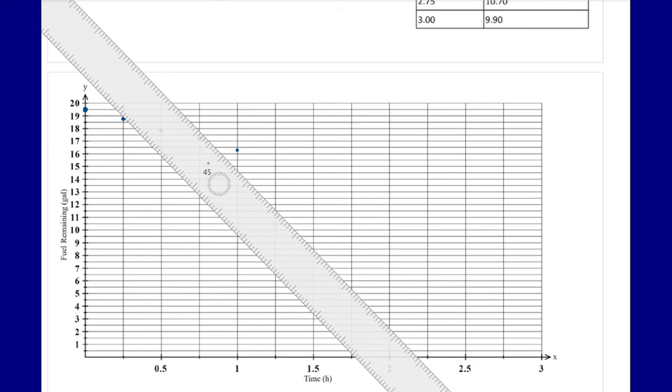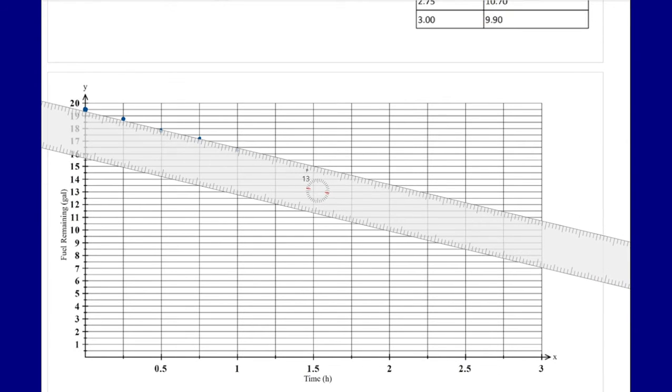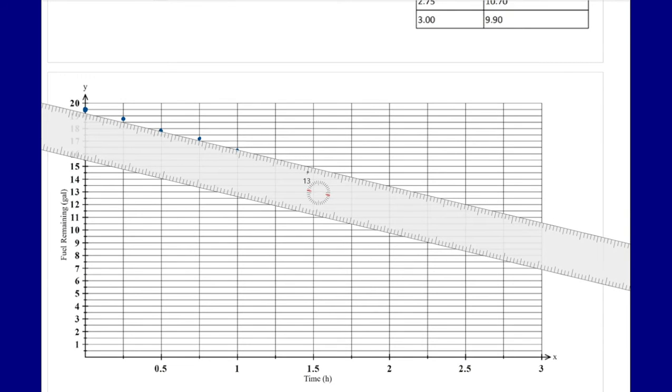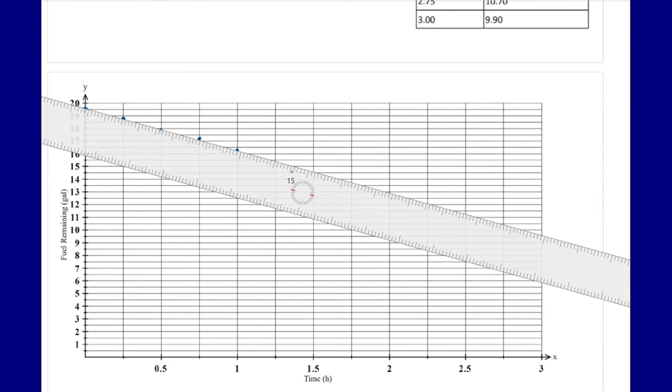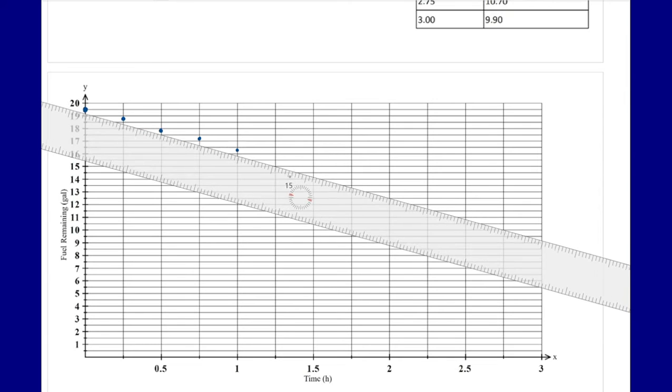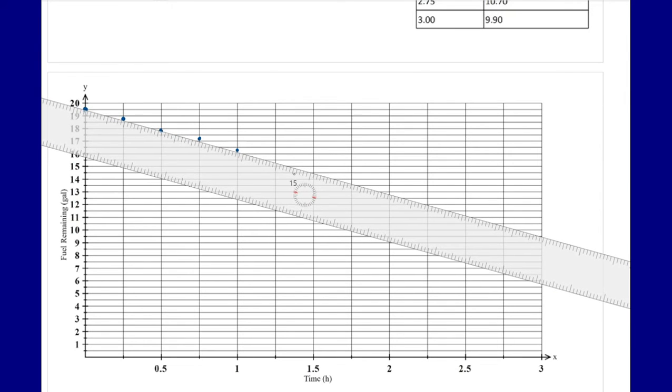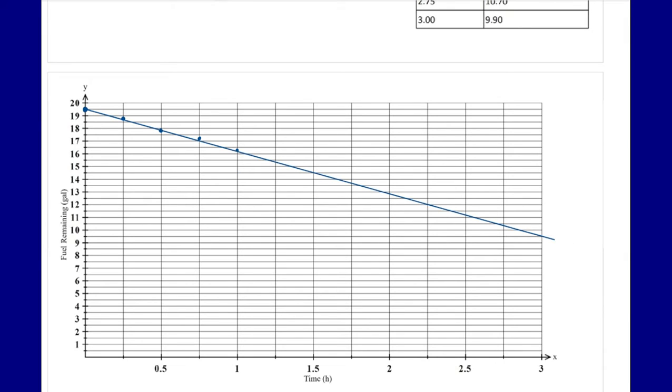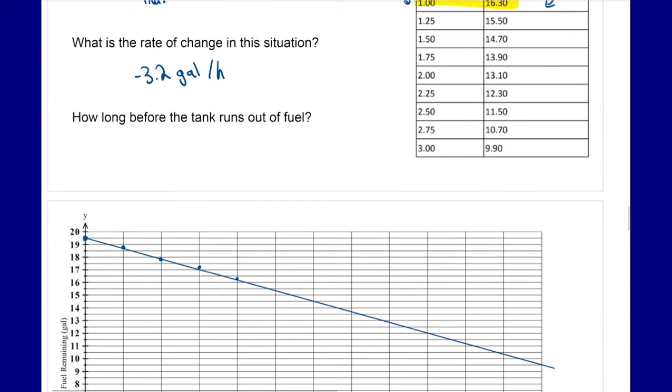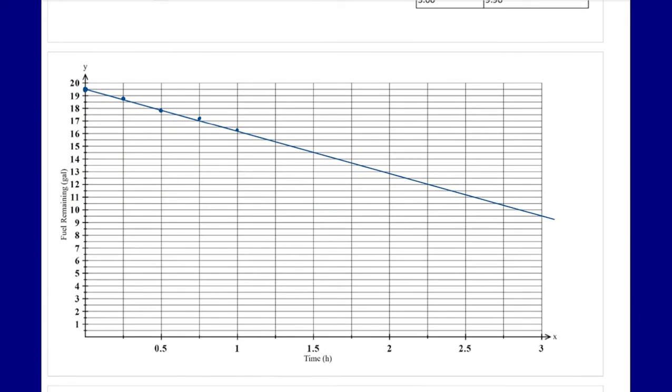We could then draw a straight line that would go through all those points. Again, we're going to roughly estimate it because that line may not be 100% accurate. Draw a line, and then we could estimate when it is going to hit 0 gallons remaining. Because our graph doesn't quite extend long enough, the other thing we could do